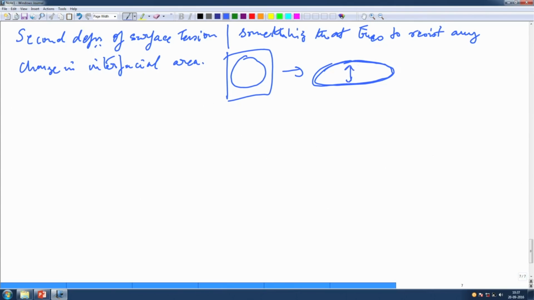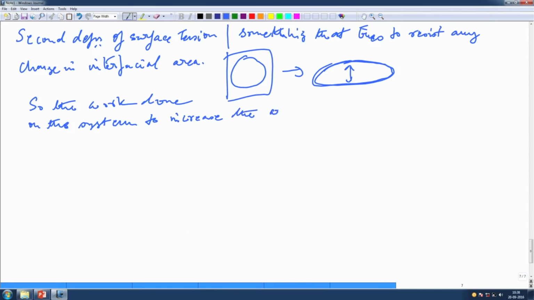So, if you apply a force, for example, you can squeeze a droplet, but at the same time you have to realize that there is something that tries to prevent the increase of this interfacial area. So, surface tension can be defined in that light also. So, the work that is done on the system, not by the system, remember, on the system to increase the area of the interface